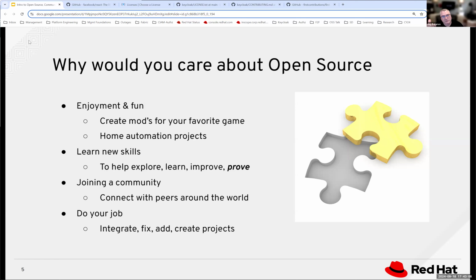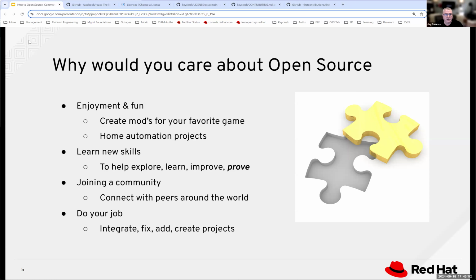But also, I think really important for this crowd, it can help you learn new skills, and not only learn and improve them, it can help you prove them, right? When you're trying to find employment, you're trying to prove, yeah, I graduated from Careers in Code, now I need to prove to an employer I know what I'm doing. One approach, it's not the only approach, can be working in open source projects, which shows an employer a track record. You've contributed to a project, you've worked on issues, you've communicated in a professional manner, right? That's a really important aspect.